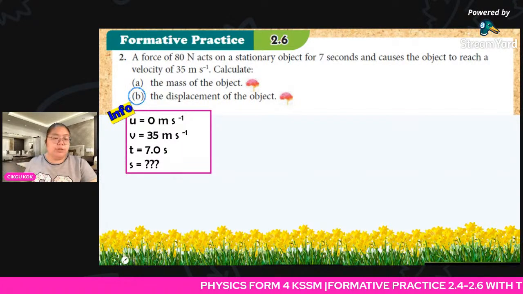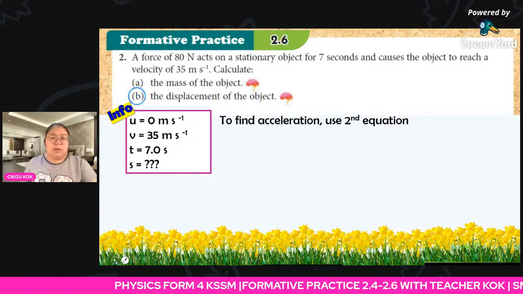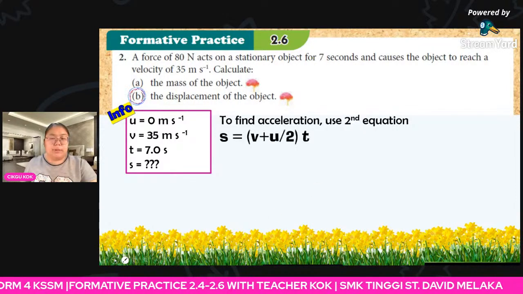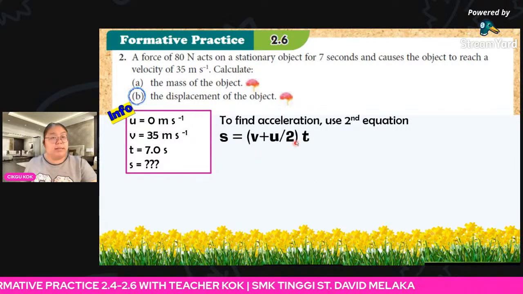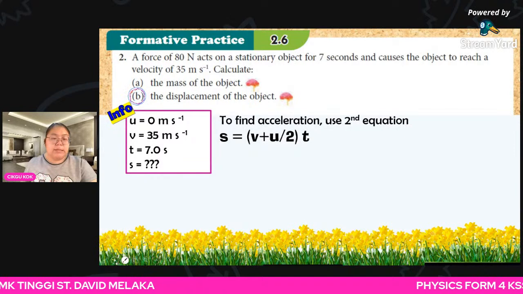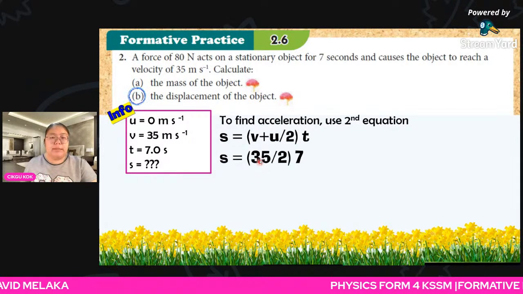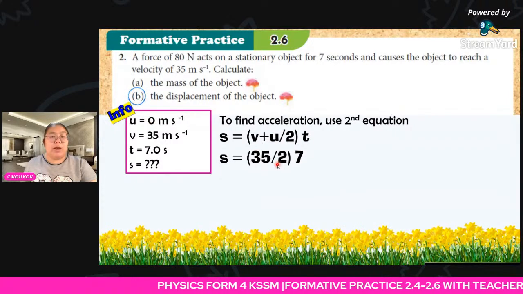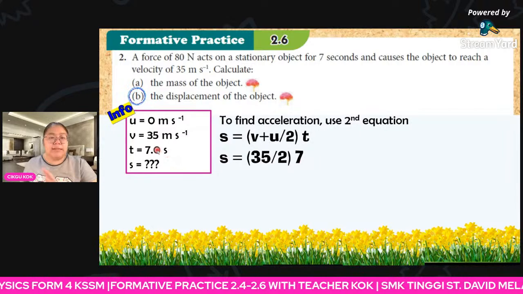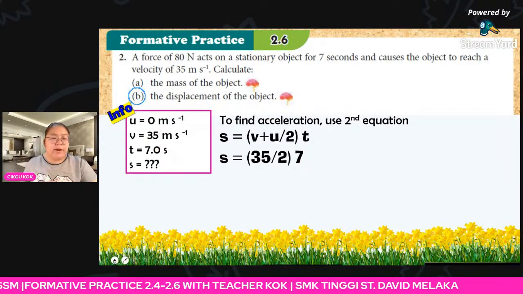Now we go to check. To find the displacement, we use the second equation. The second equation is S equals V plus U divided by 2, multiplied by T. So I apply 35. V plus U is 35, divide by 2, then I multiply with 7, where 7 is the time taken. So the final answer is